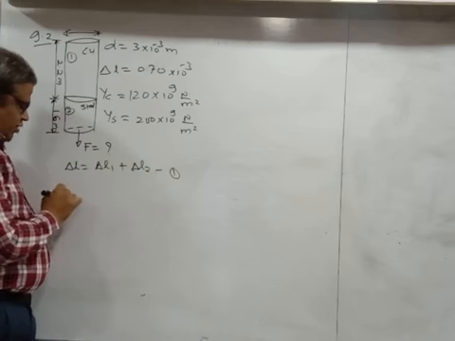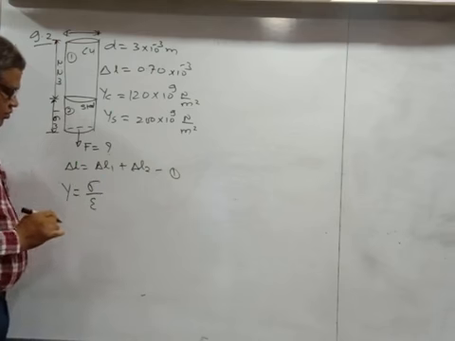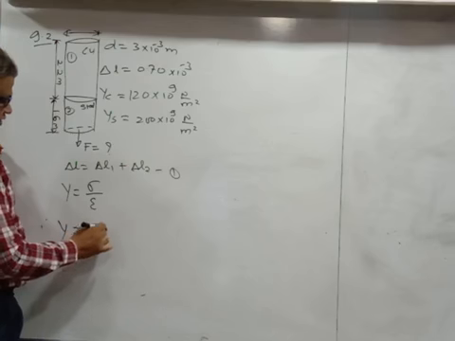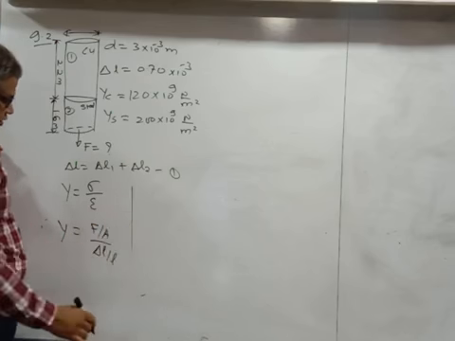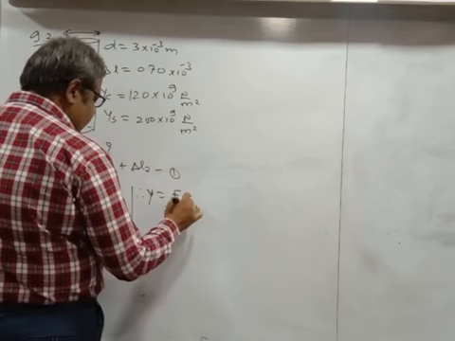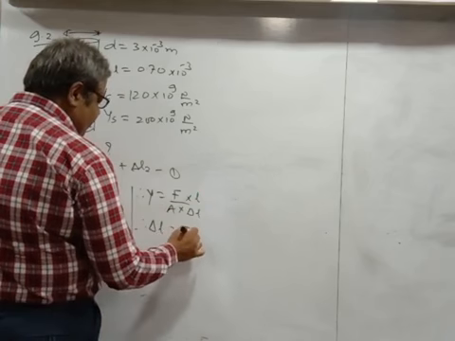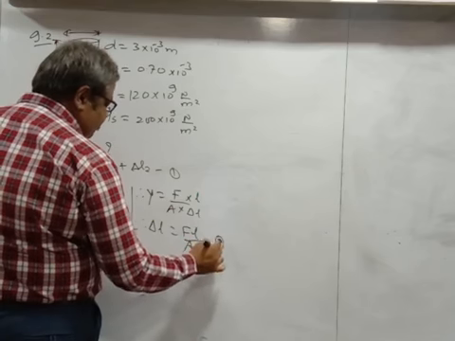Now Young modulus is given as sigma upon epsilon. So Young modulus is equal to sigma, sigma is equal to F upon A into delta L by L. So here we can say Young modulus is equal to F by A into delta L divided by L. So delta L is equal to F